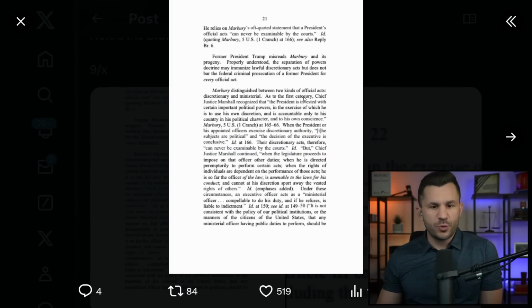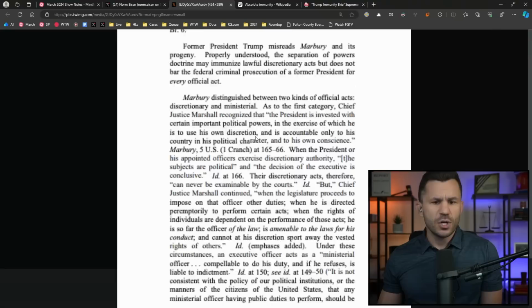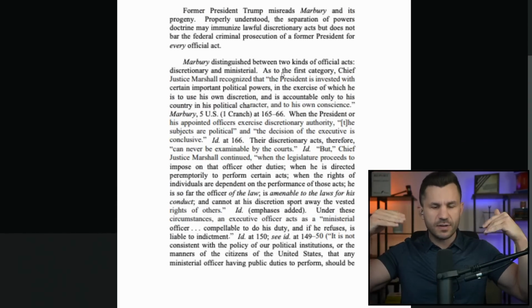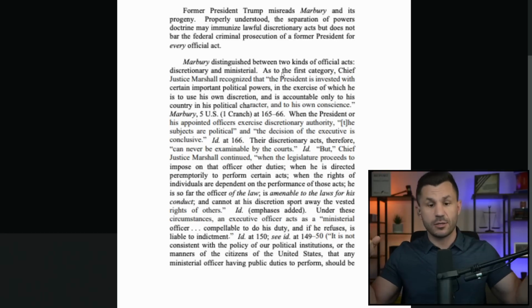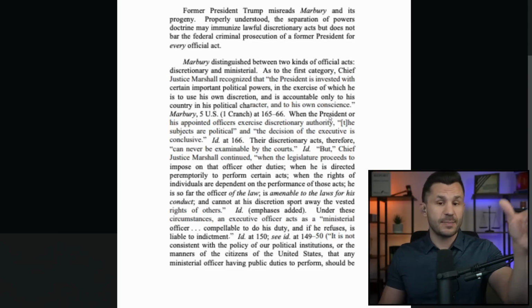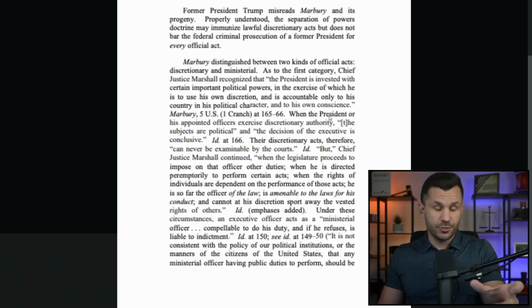Marbury distinguished between two different kinds of official acts. She said discretionary and ministerial, right? So she says, okay, there were two types of acts. And watch what she does here. It's very sneaky and clever, but I think it's erroneous, which is why their arguments will fail. Says, as to the first category, Marshall said, yeah, the president is invested with certain important political powers in the exercise of which he can use his conscience, and he's only accountable in political character to his country. But she continues, when the president or his appointed officers, right? See how we go from the president, now we're talking about the president, and now we're going to the officers. So watch how this little substitution happens from Chutkan, or his appointed officers,